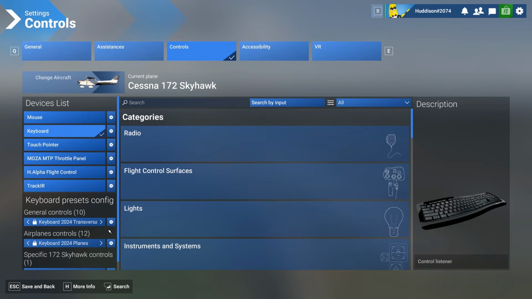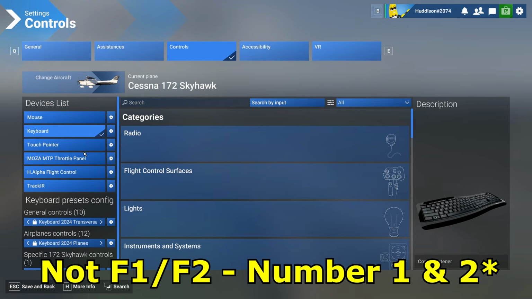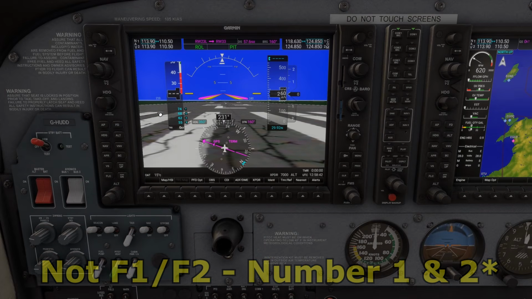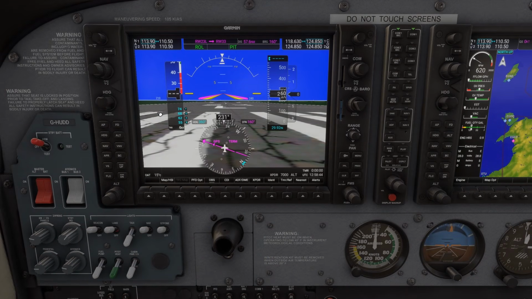Keyboard. If you have a keyboard connected, have it on the basic. These should be the default profiles, 2024 transversal and planes. If you do that, using Shift and F1 will take you to the first screen. Let's go back. And Shift and F2 will